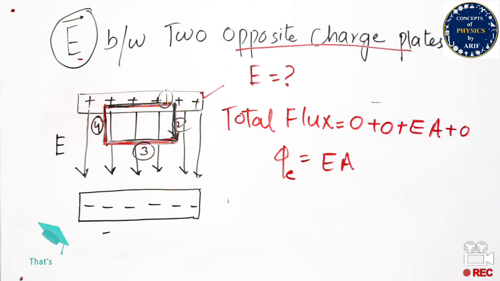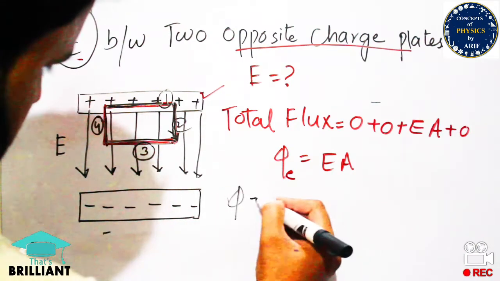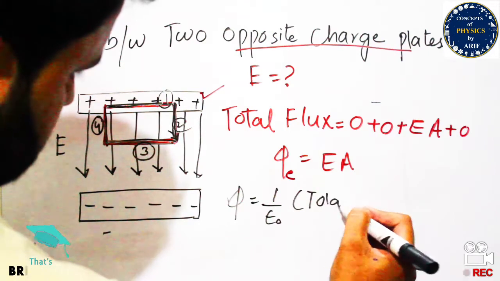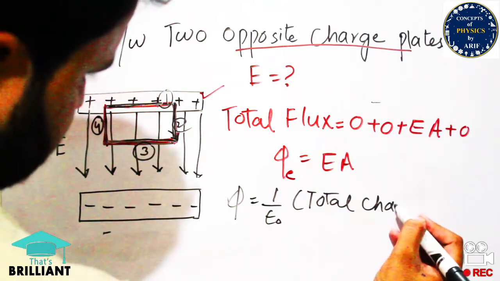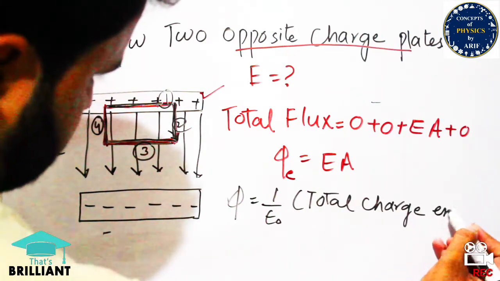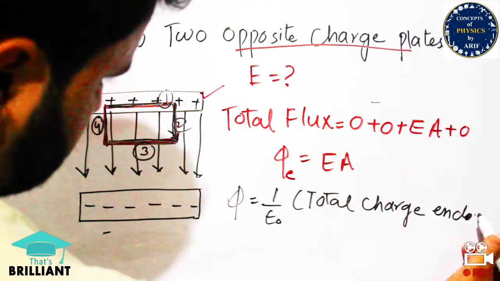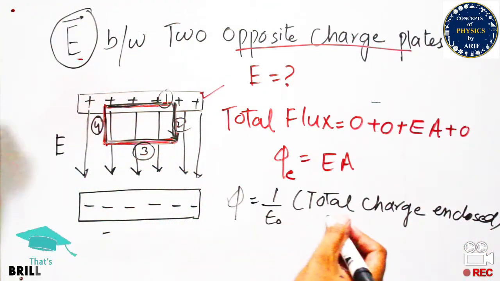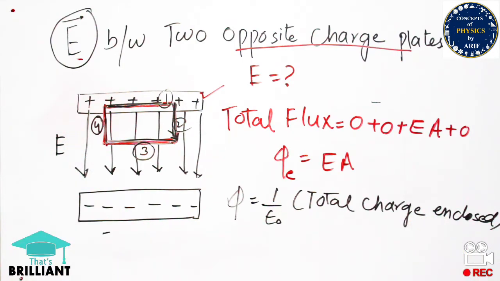So in other words, we can also know that the surface charge density has a main role, because surface charge density is directly proportional to the area. In this case the total flux, according to Gauss's law, the electric flux is equal to 1 over epsilon naught times the total charge enclosed. So we need to calculate the total charge in that region.